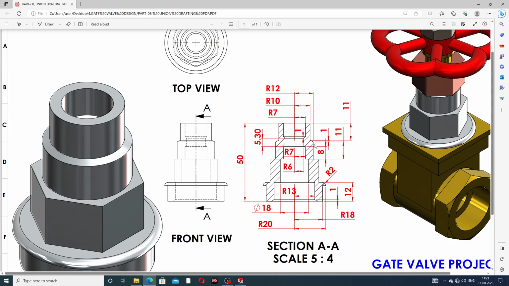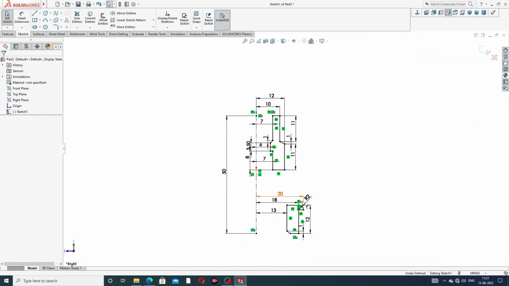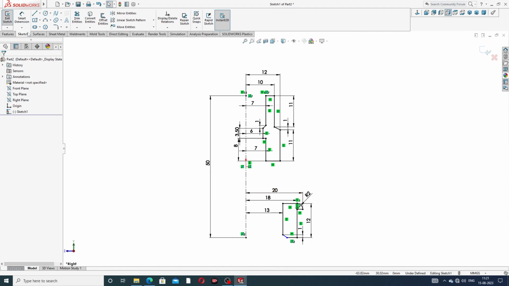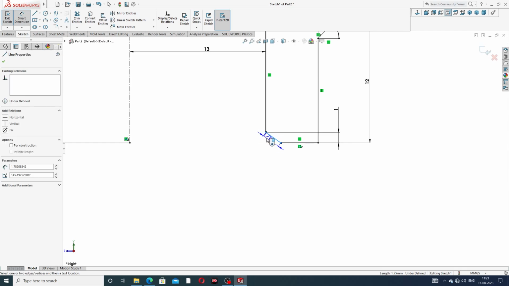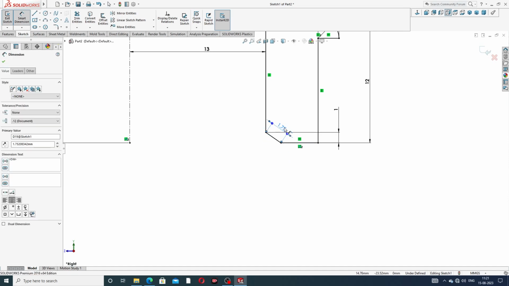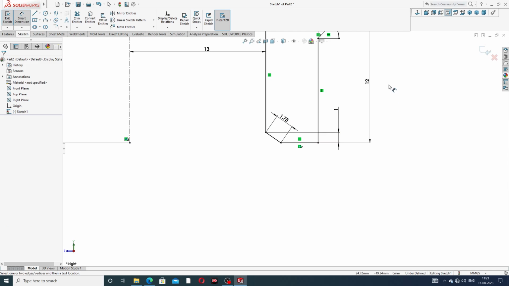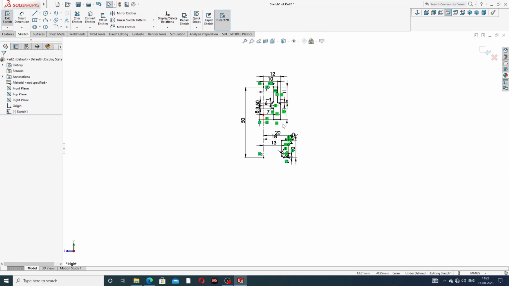This is 12 millimeter, and this is 10 millimeter, and this is 7 millimeter, and also this is 6 millimeter and 7 millimeter. Okay, all dimension is looking perfect and correct. This is correct. All is black color, and some dimension is this, and this dimension is perfect. Okay, and all dimension is correct,